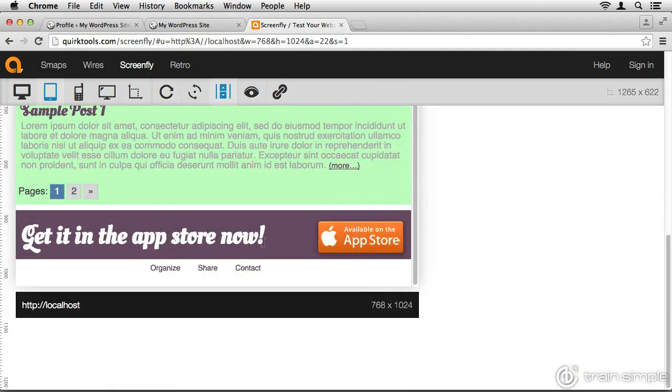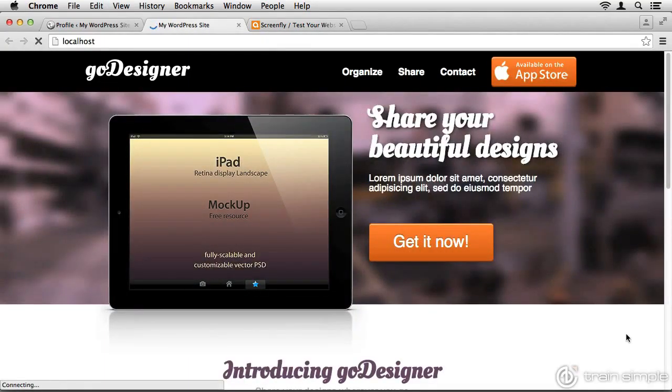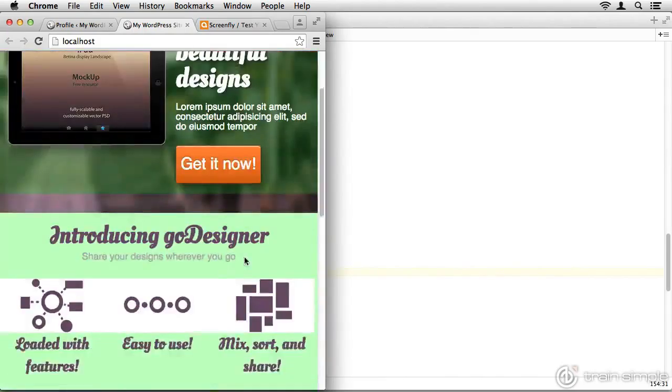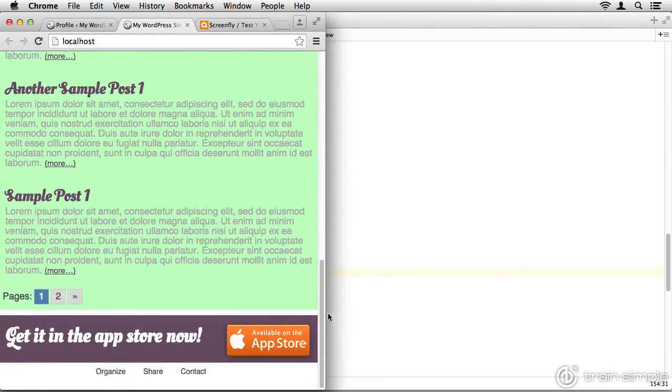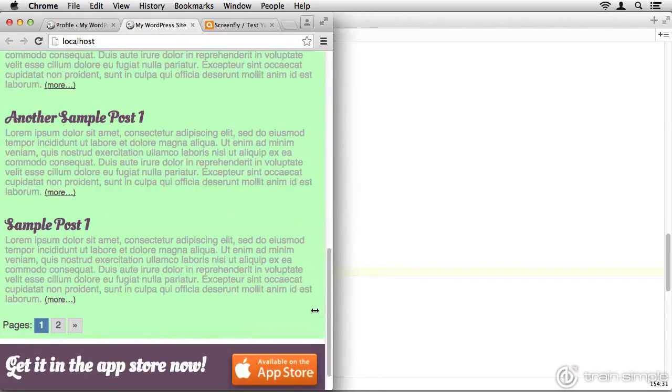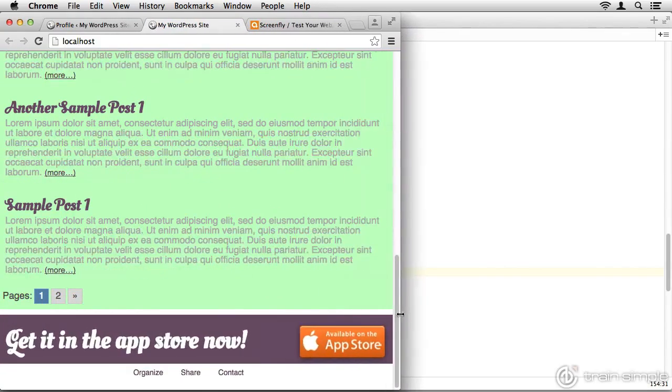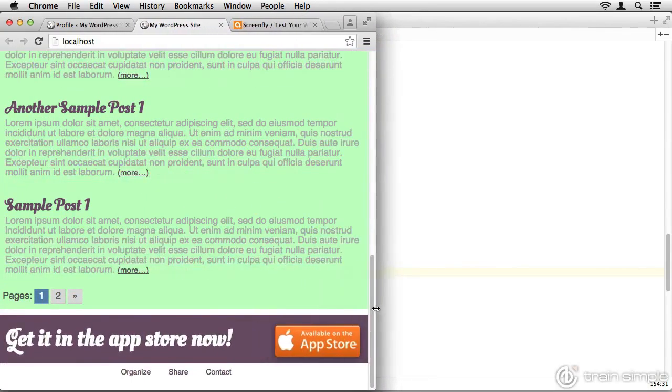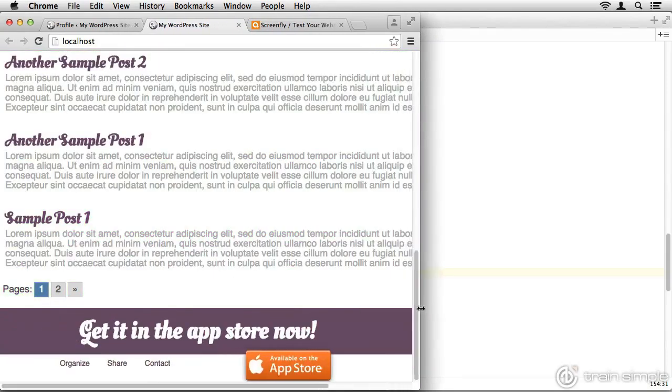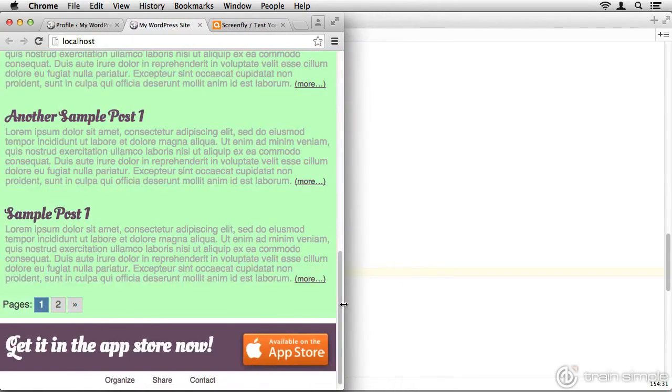And there we go. We now have something like this. Let me show you this inside an actual browser, the actual browser window. So now when I start to scale down, there's my tablet layout, and there's the Get It Now section, and we have a scaling heading 1 there inside the Get It Now section. So Get It in the App Store Now is flexible, using the Volkswagen font sizing